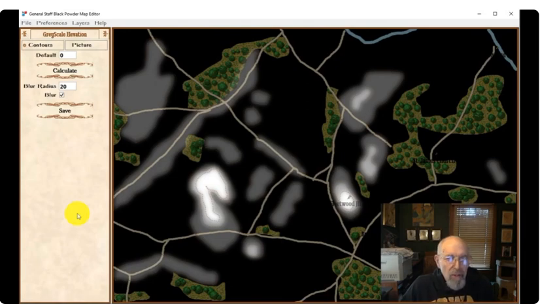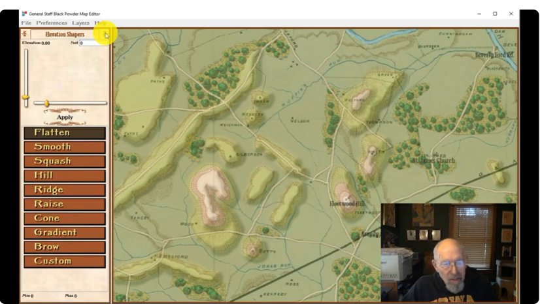So here's the grayscale elevation tab. We can import either a grayscale map, a height map that we created perhaps in Photoshop. That's often how I do it. Or just using the contour tools like we just saw. This is another way you can use these elevation shapers to create hills and ridges, and you can squash them and smush them and create your elevation another way.